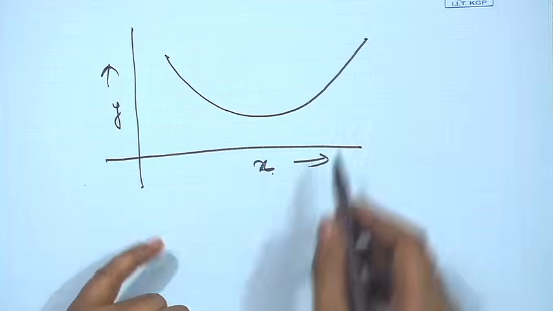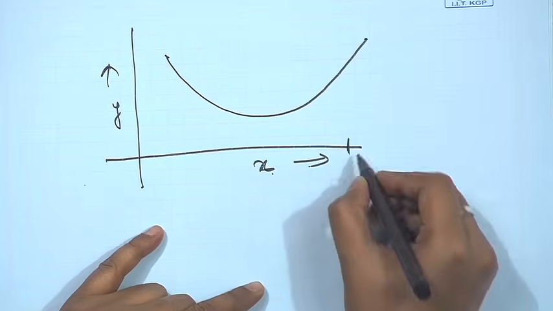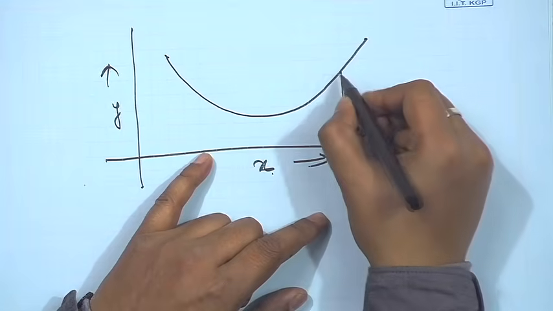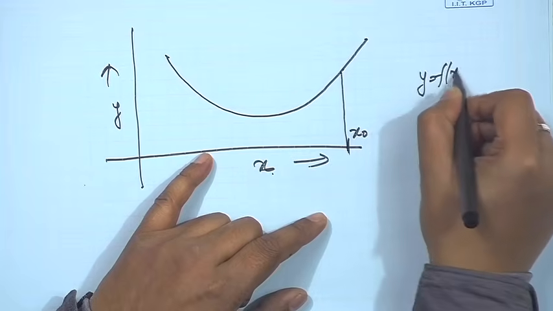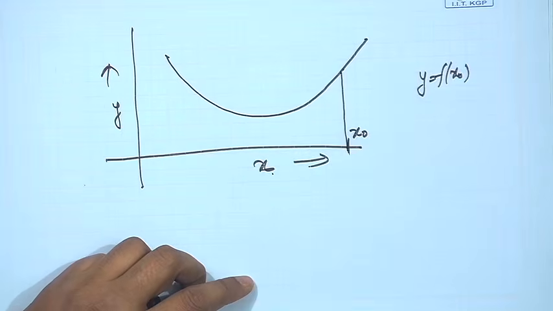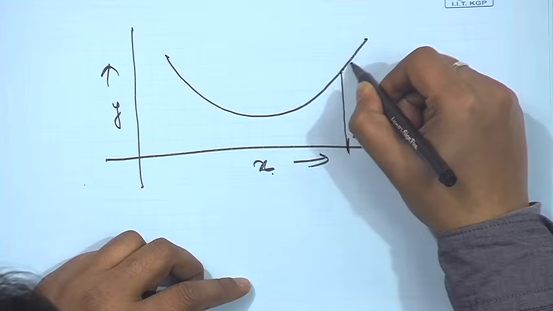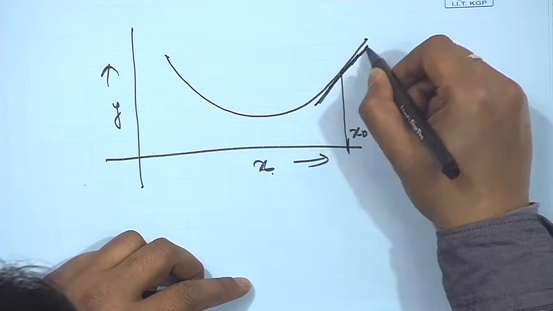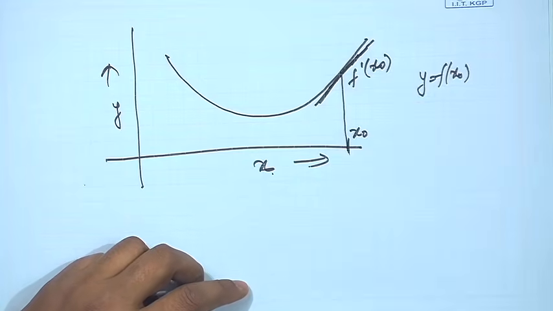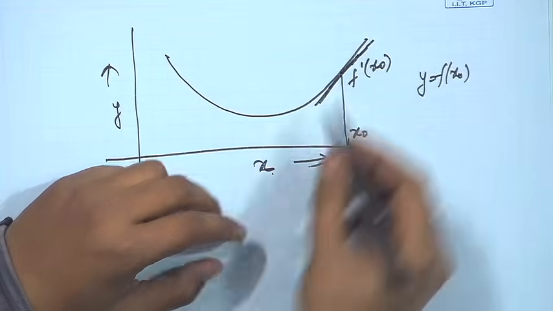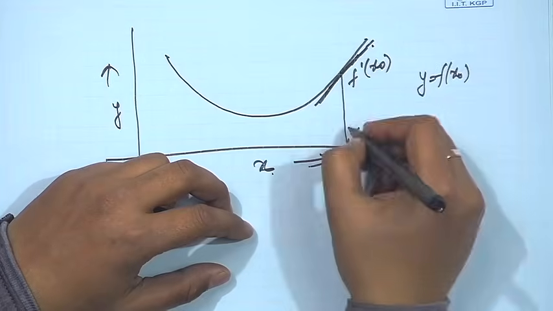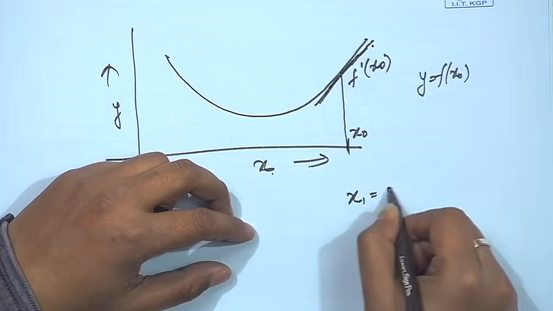So what I will do, I will start with any x. Okay, so suppose I am starting with this x0. I will find out the value of function. So I go to the function. So y is suppose f(x0). Now I want to know what is the value of x where this is minimized. So what I will do, I will take the derivative of the function at this point, f prime at x0, and so now I have to minimize. If this is the direction of my gradient, I have to go in the opposite direction of my gradient. So my new value should be x0